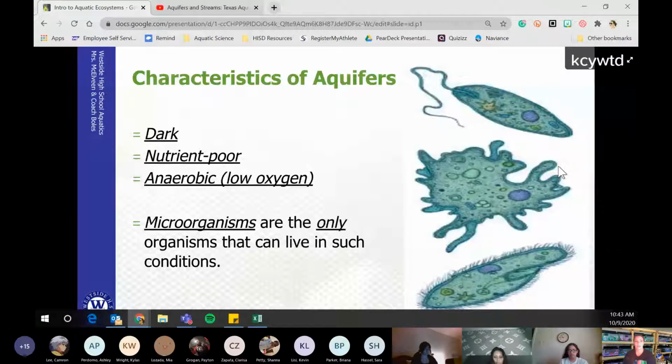Any questions about that? Anyone still writing? Okay, give me a second. The characteristics one more time. Low sunlight, low nutrients, low oxygen. Only things that can live here are microorganisms. Are we good now? Almost. Okay. Got a head shake from one and no from the other. Benefits of having your camera on, I can get some feedback from you.